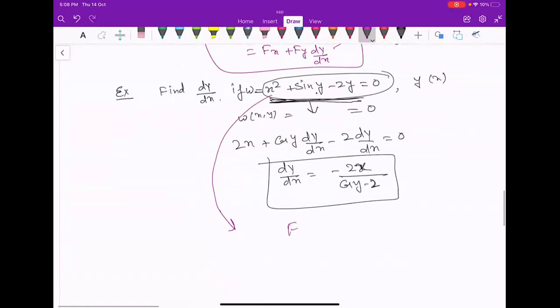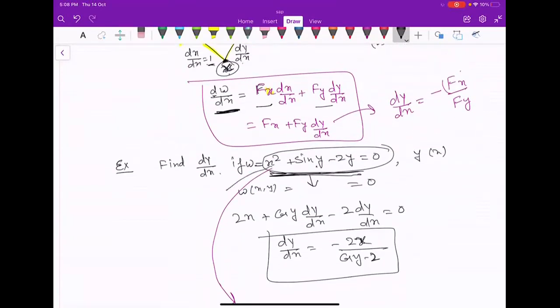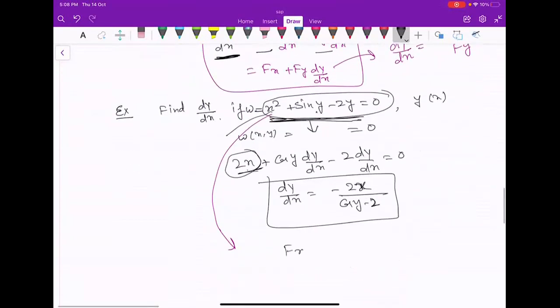f of x की अगर हम बात करते हैं, so this is only x square, and f of y की बात करते हैं तो sorry, f is the function. I should not say this one. अगर हम वैसे बात करते हैं, this is what, this is the function of x and y, and जब हम इसको डिफरेंशिएट करते हैं तो इसमें जो भी x का फंक्शन टर्म आता है, x का टर्म क्या मतलब क्या है? This is 2x, so that is your f of x minus 2x, not 2 minus only fx. Fx is the function of 2 and dy dx का जो भी coefficient है, that is your fy. So it's only for understanding. Otherwise the best way is what, as you did in your 12th class, by that procedure you can compute dy dx.